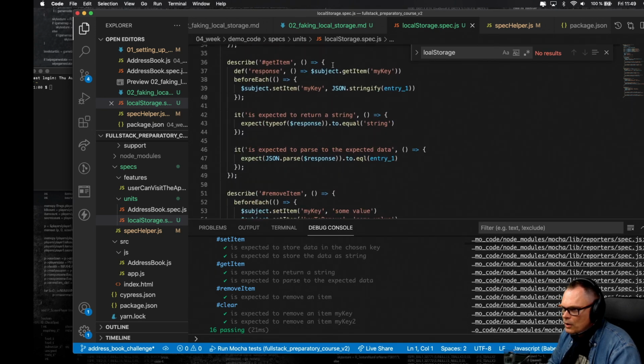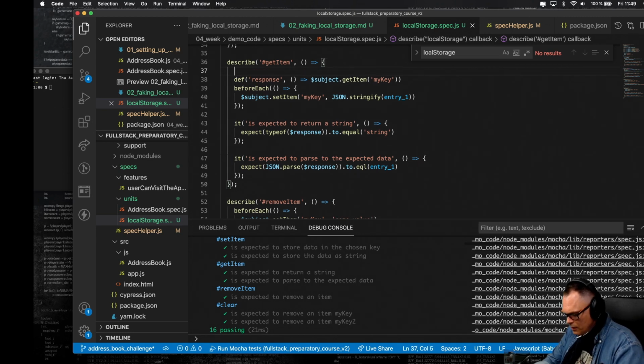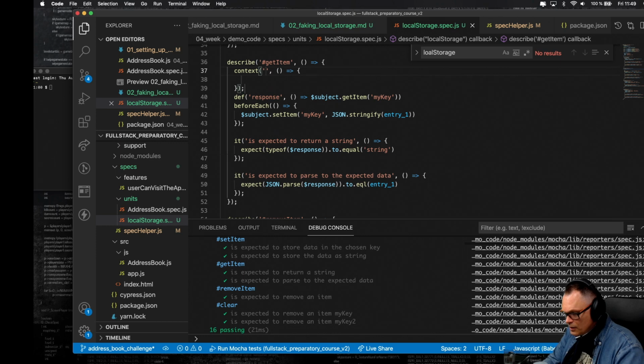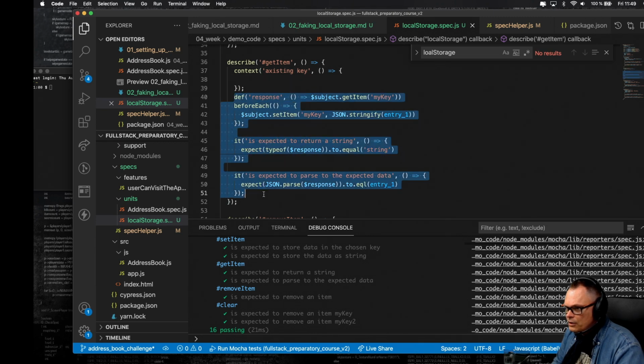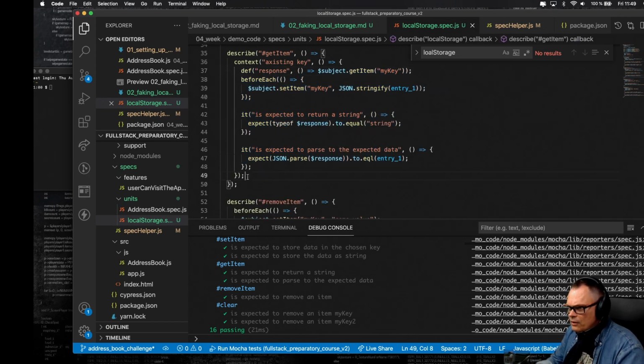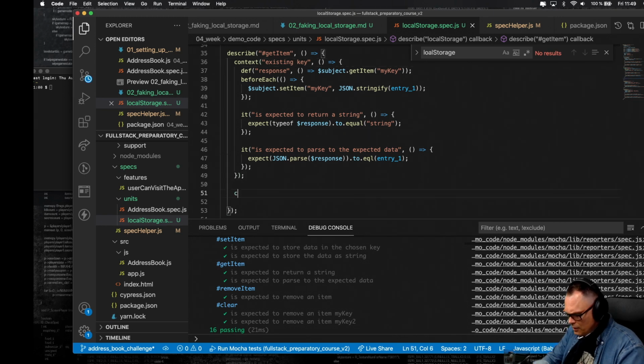So we're gonna add a context here, existing key, and I'm going to move all of these things up there, and then I'm going to add another context, existing key, getItem on an existing key, and then we're just going to say context